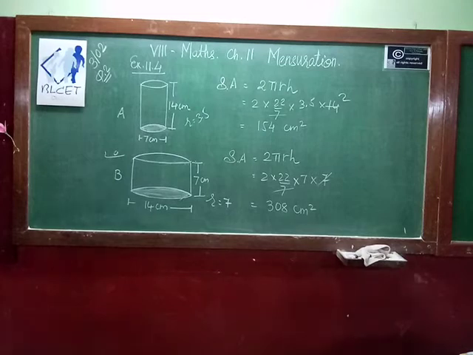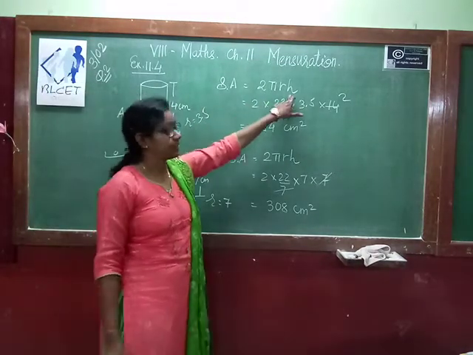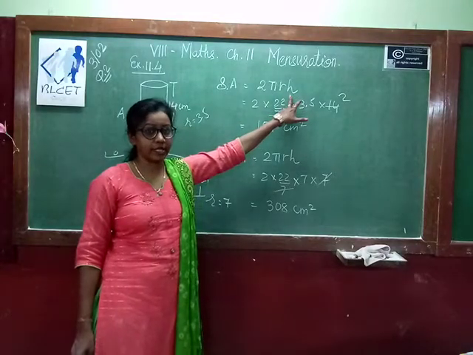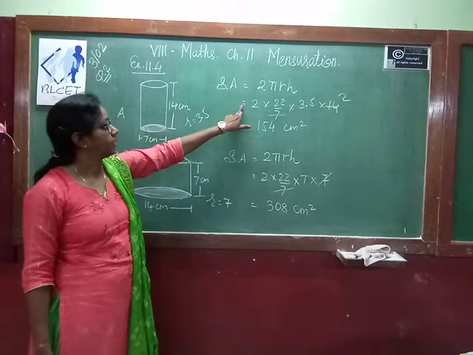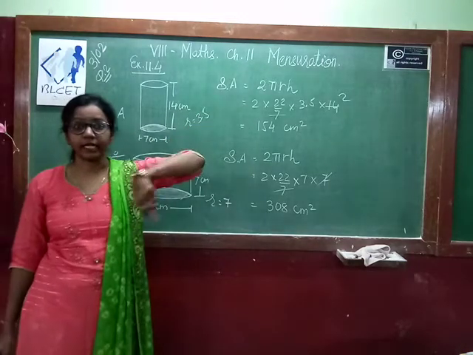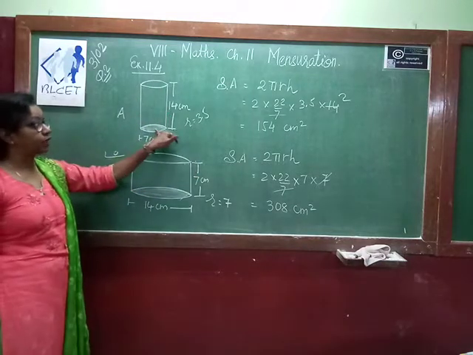So now we will find the surface area of cylinder A. 2 pi r h is the formula to find the surface area. Okay. So here we are finding the curved surface area. If you want to find the total surface area, then we can include